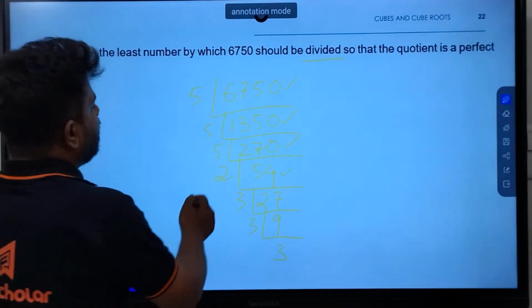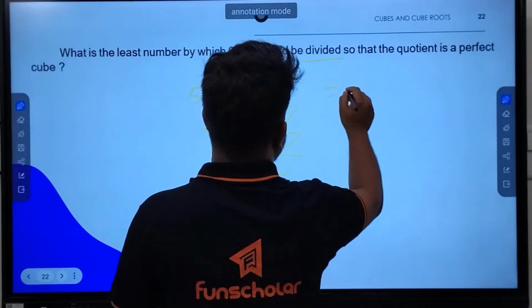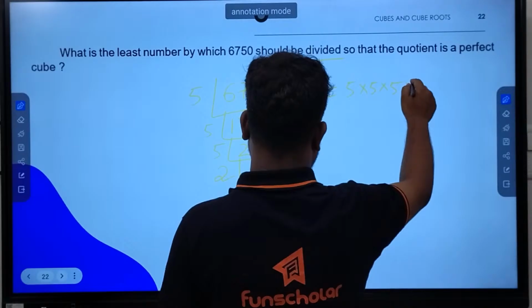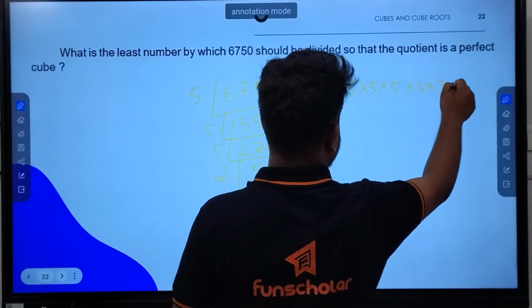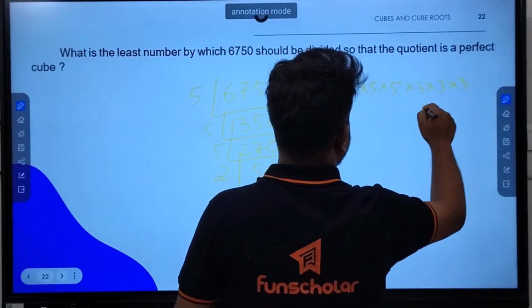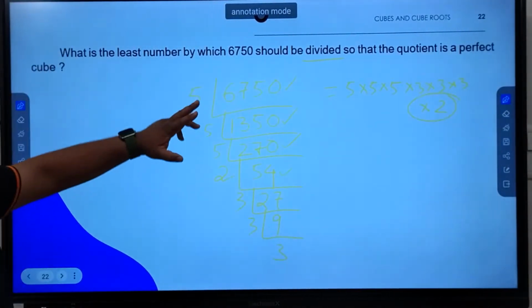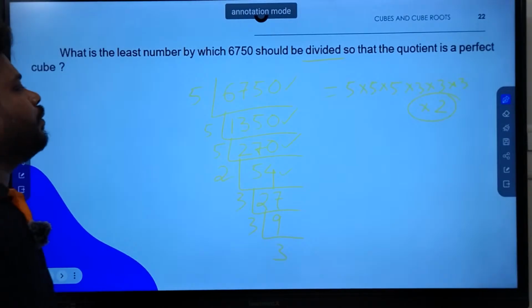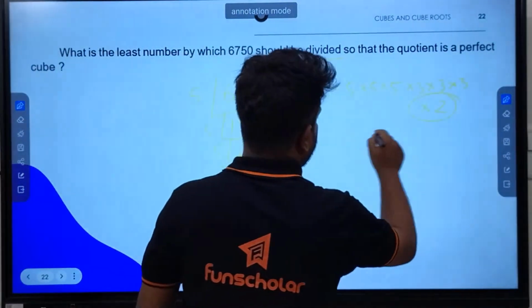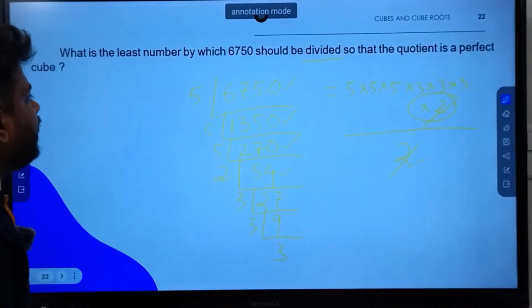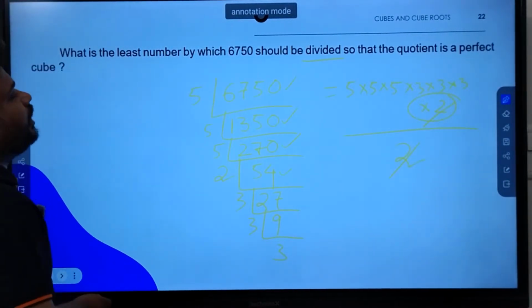So the numbers we are getting are 5 into 5 into 5 and 3 into 3 into 3, and only 2 is the excess number, and they have told us to divide it. So if I divide it by 2, then 2 and 2 will get cancelled out and the answer will be